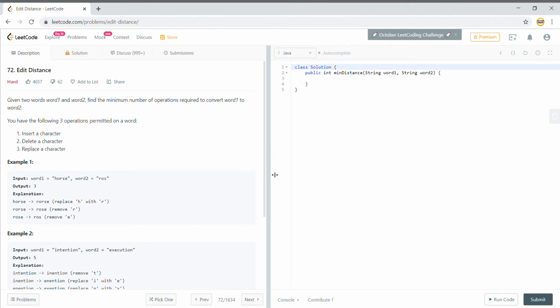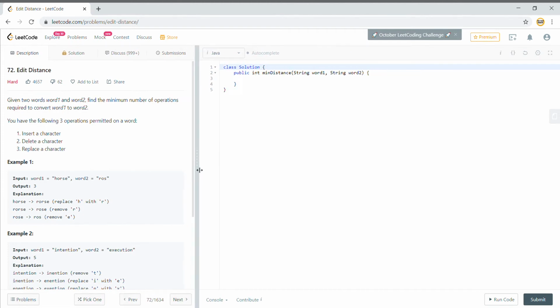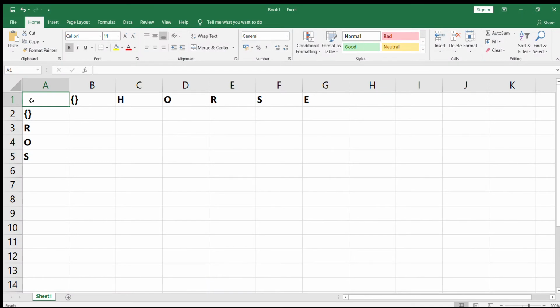Now what we are going to use here is dynamic programming. The reason is that you need to recurse for each of the characters of the first word, and compare it against word 2 and see whether that character can be kept, replaced, or deleted. That is why we are going to use dynamic programming here. The example that we are going to take is horse and ROS. So word 1 is horse and we need to convert this word into ROS.